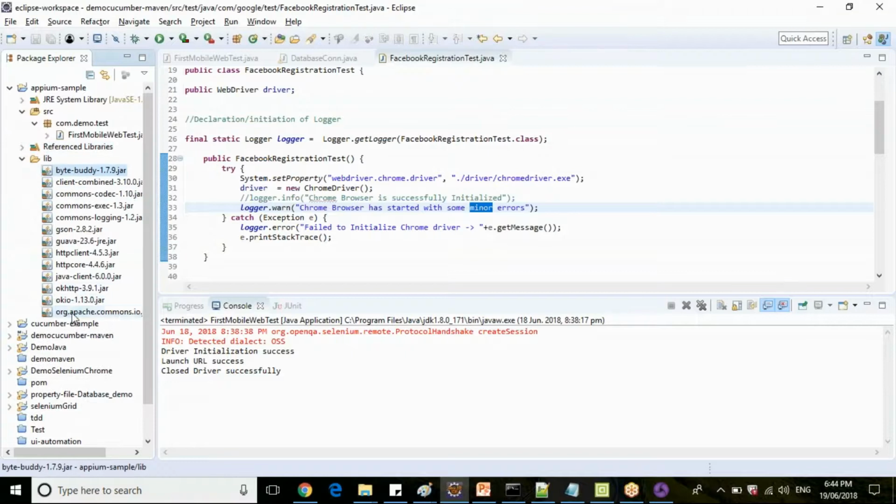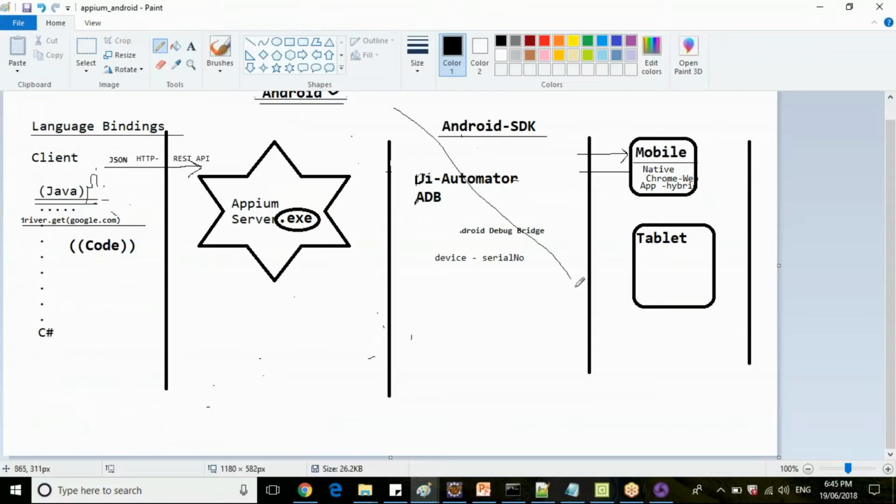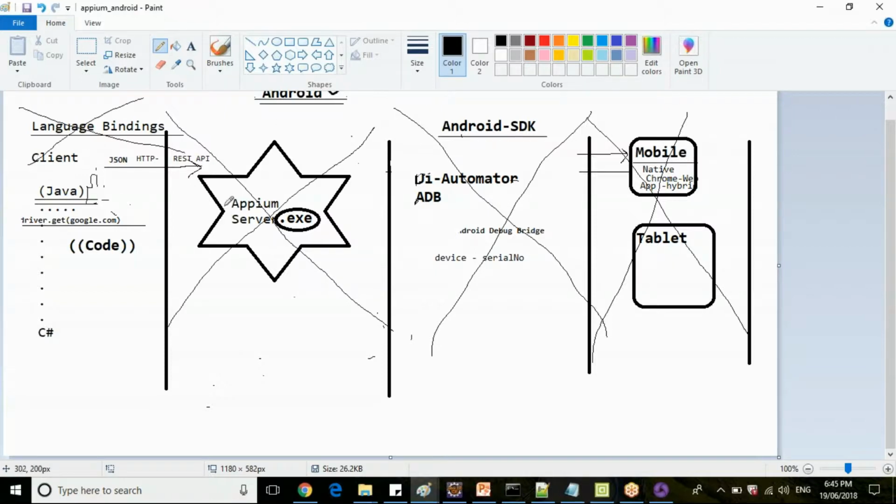Then we added Selenium jar files, which we already saw in our previous class from the previous programs. Then we added this Java client, which is also called the APM client library. Now the complete setup is done. In our first classes we have seen Android SDK setup, connecting and detecting your Android mobile device. Then we have seen how to download and install APM setup. Language binding libraries also is done. The next thing is setting up a Java project and writing the Java code, correct?